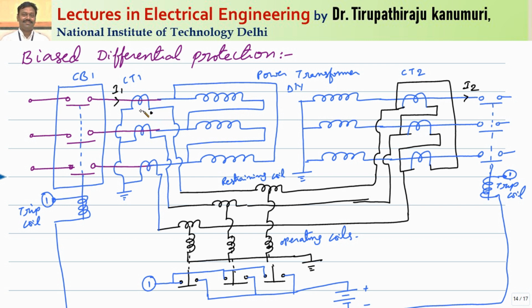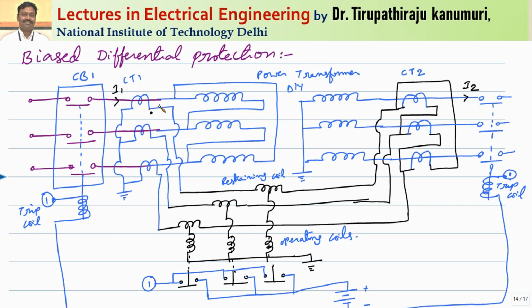Actually, some of you have asked me that the current direction should be opposite. In some books, they have taken it the opposite way. So one thing I want to tell you: it depends on the dot notation, how you are representing. I am taking the dot notation in this sense. That means in order to avoid the confusion, on the secondary side also I am assuming the current will come in the same direction. That is the reason I have taken it.